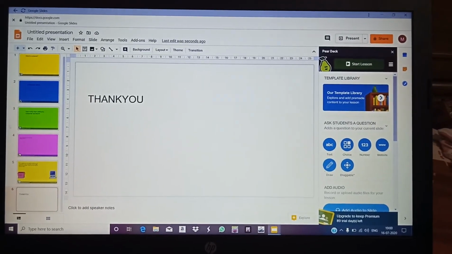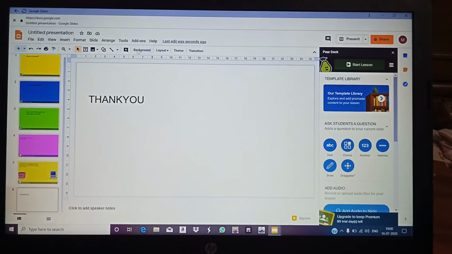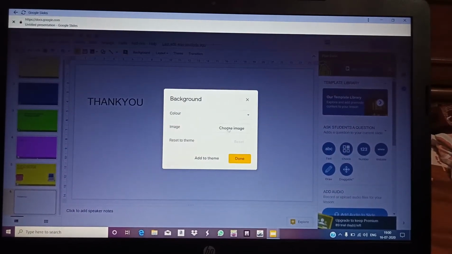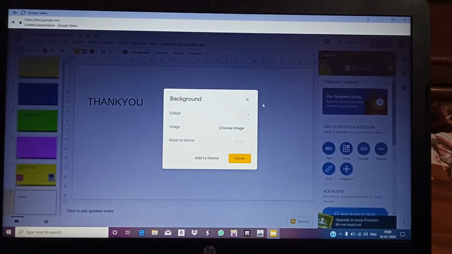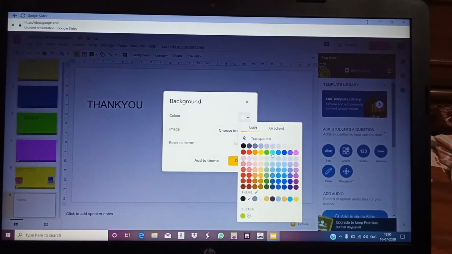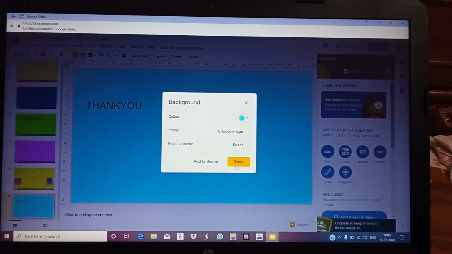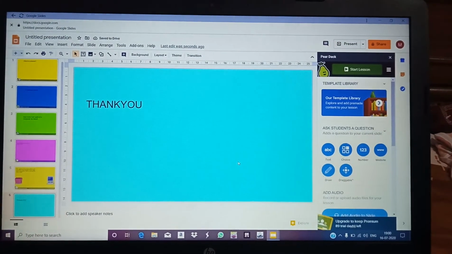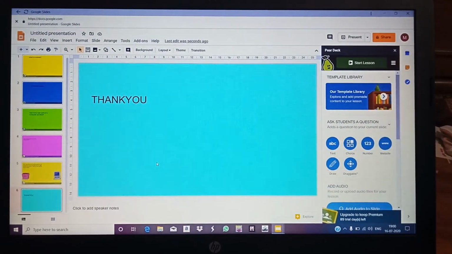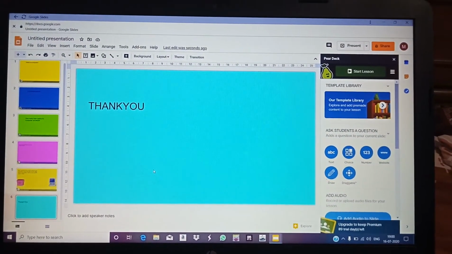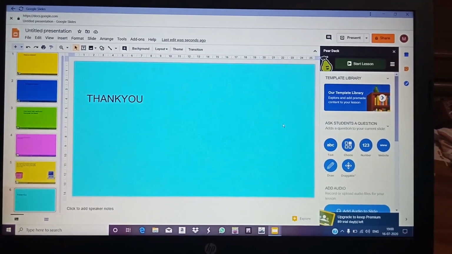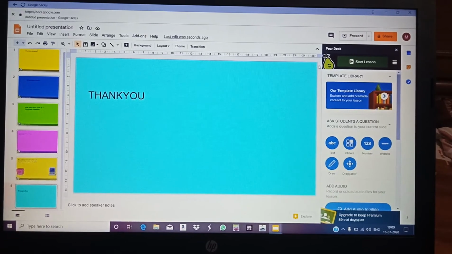Right, there are so many things you can do, but if you want to change color, go to the color option, background color, choose any color and just apply. Thank you. So these are the 5 slides which are ready. Now once the slides are ready, we are ready for the different formats. You have to go to this part, original Peer Deck slide manager options, which are available here.